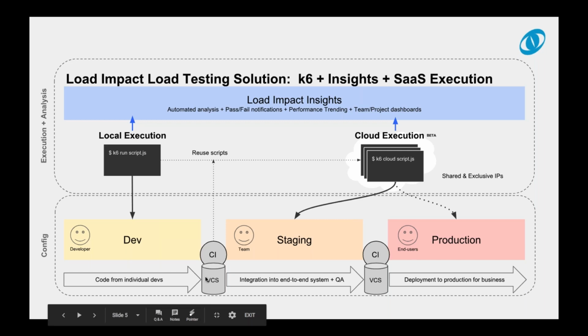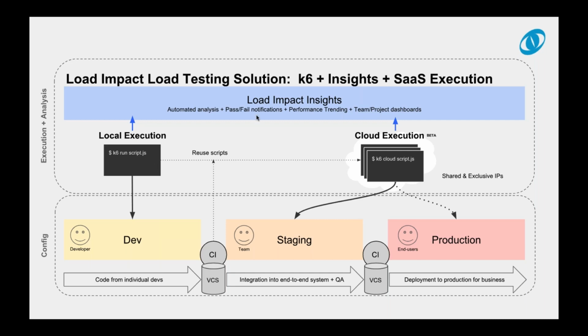As it moves further down the line and closer to production, maybe you run a larger test. Again, you run it locally, you output it to Insights, you start to get some baseline data for what's happening. And then once that code starts to hit staging environments, or for the unlucky ones where production is their staging environment, you start to scale up and utilize Load Impact's cloud infrastructure to run larger tests. So this way you don't have to worry about organizing and synchronizing all these different